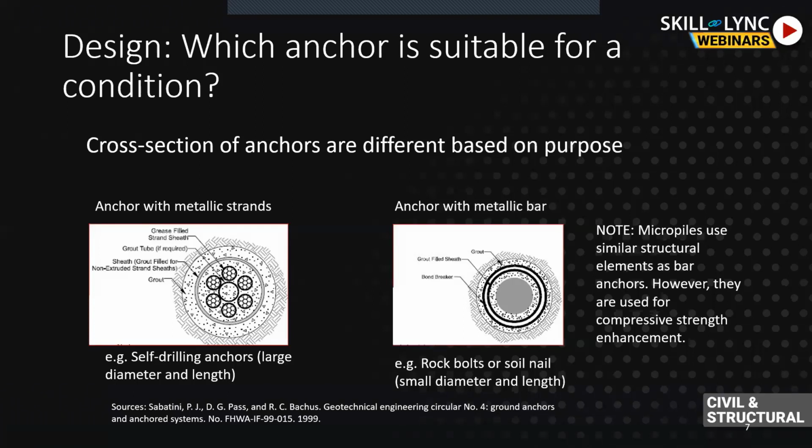You can see I've written in the slide that micropiles are specifically used for compressive strength enhancement, because I have seen in my practical life that micropiles are generally used just like piles, as they go by the name. But they can oppose pullouts similar to an anchor, with a frictional element attached to them, like grouts. So this is basically how the anchors are made up, based on their cross section.